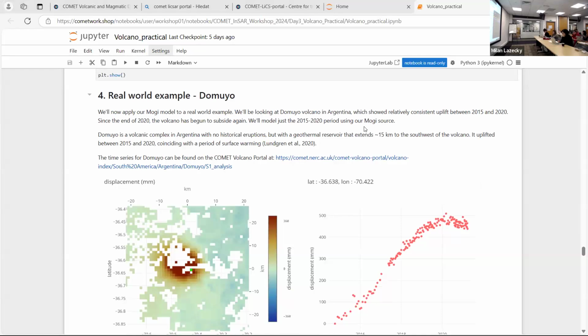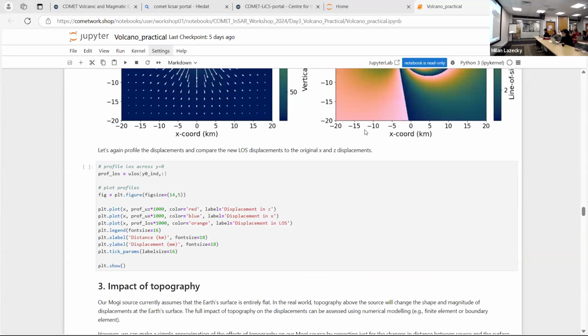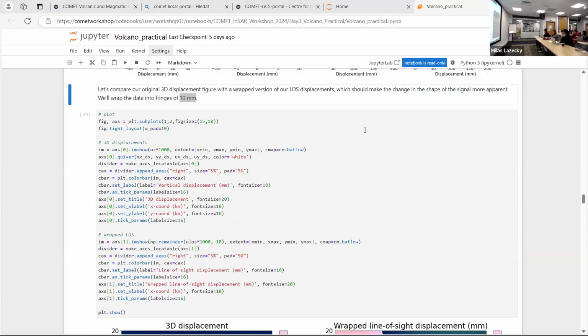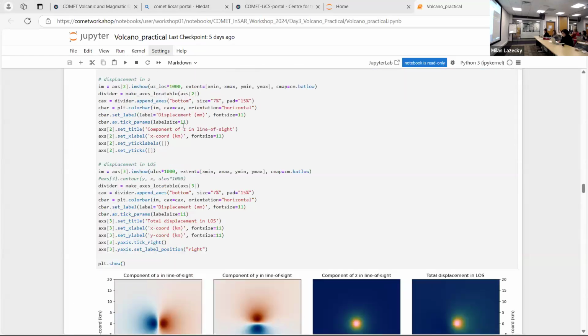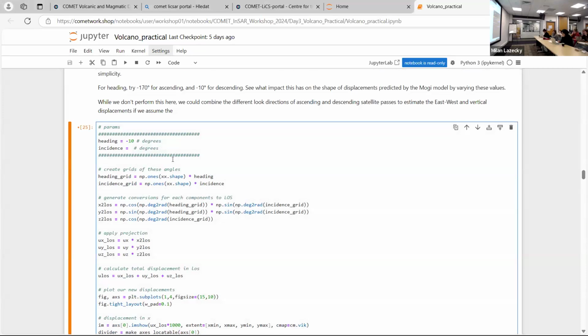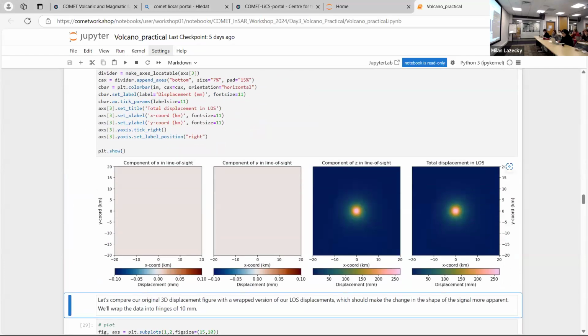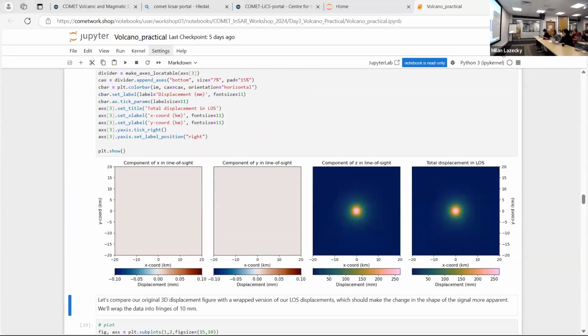Incidence angle of 0 is not producing InSAR. Cool. I'll scroll up. So incidence angle of 0 is not producing InSAR.